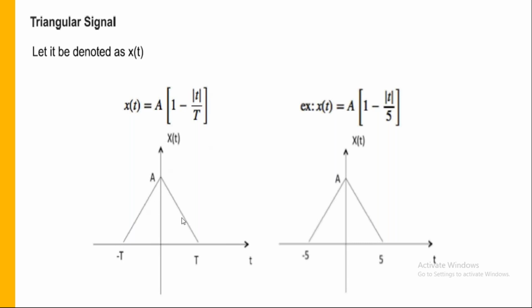So you are going to have an equation for a triangle waveform with this equation. If I don't have this modulus, keep this point in mind. If I don't use this modulus, either you will get this line or this line only. Then it becomes a simple ramp function only. So try to understand. When you write the triangular signal, you definitely need to use this modulus.